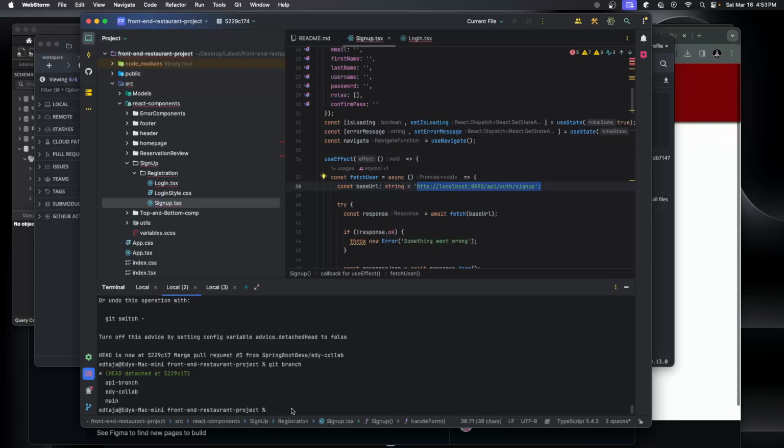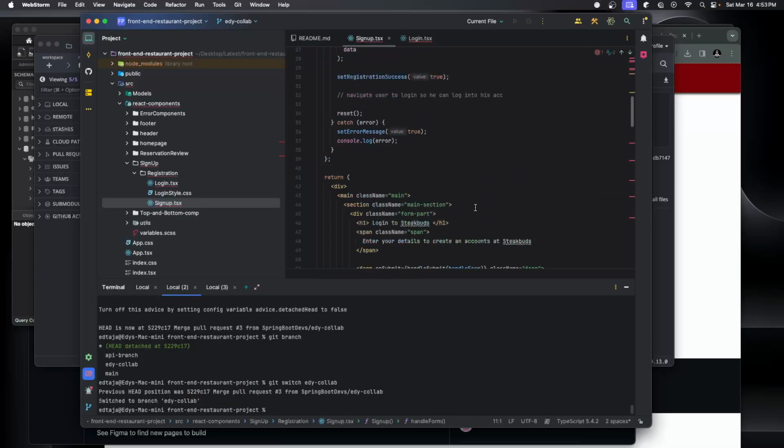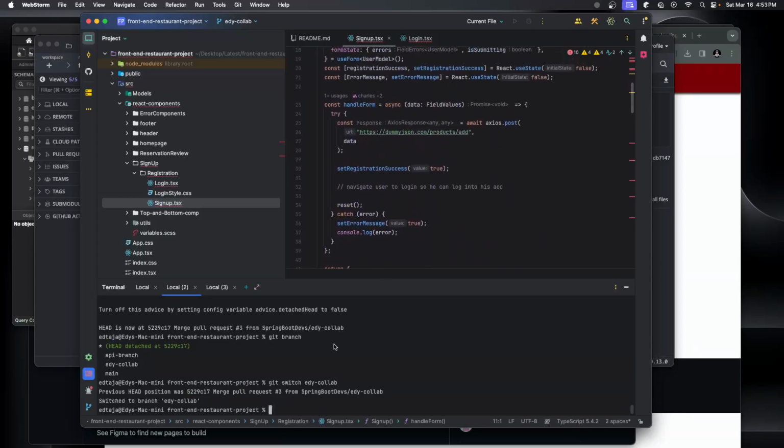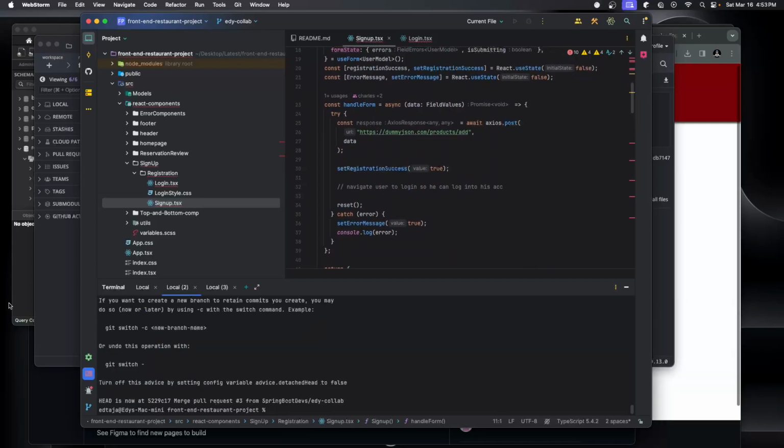What's on the other branches? What's on Eddy Collab? Because now everything is merged, it's the old one. Let me show you. If I go to Eddy Collab, just watch this change. You see? Why don't you go back to merge with Eddy Collab? I think I'm going to try to do that, but I don't have a branch, I have a commit, and I need to know. I'm going to Google how to